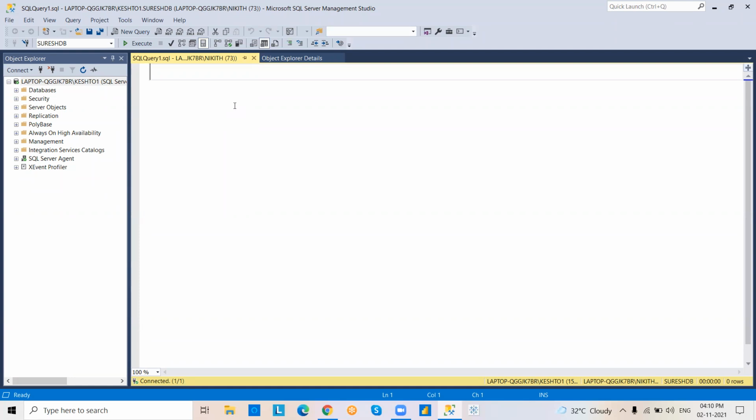So let's go to operators, arithmetical operators: plus, minus, multiplication, division. These come under arithmetical operators. See, I'm going to use operators with select statement.